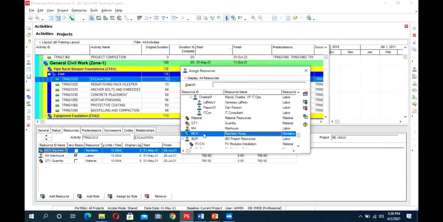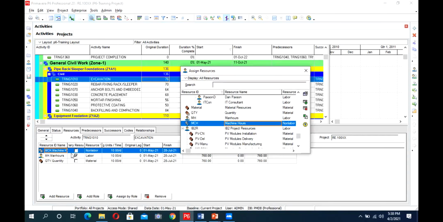The three resources which we add, we can assign from here. One is machine hours, one is man hours, and one is quantity.